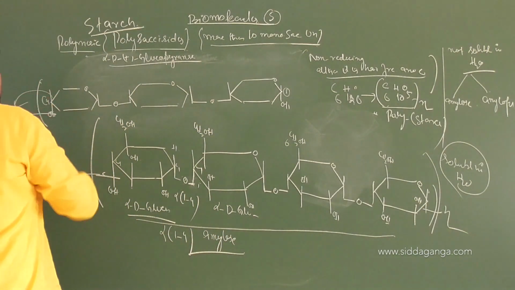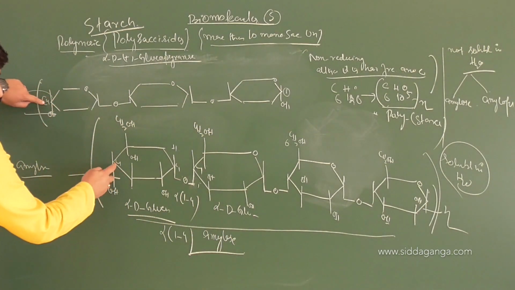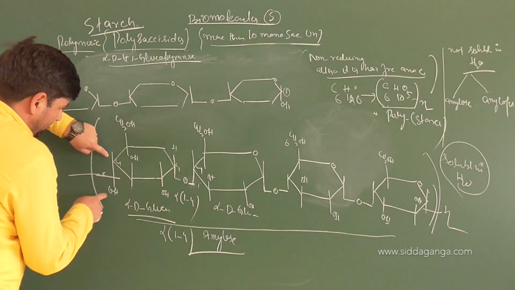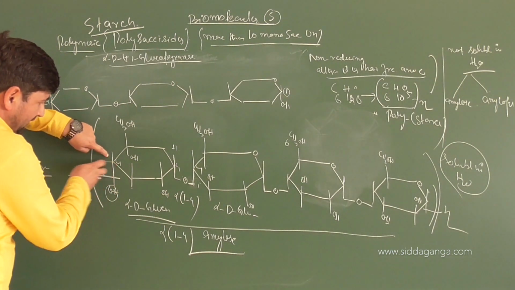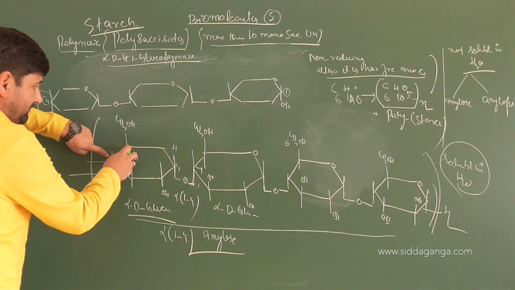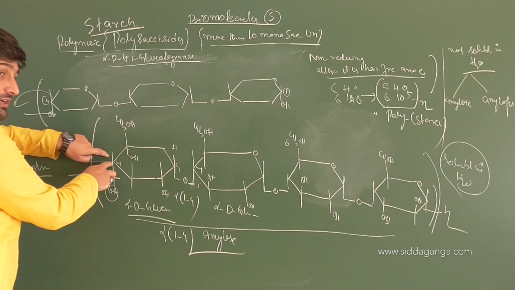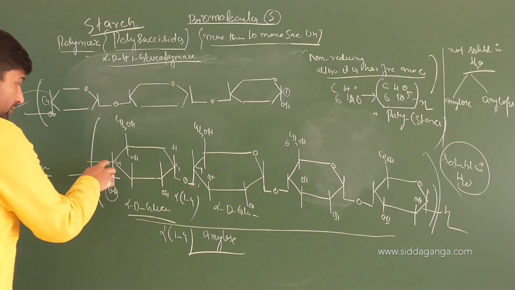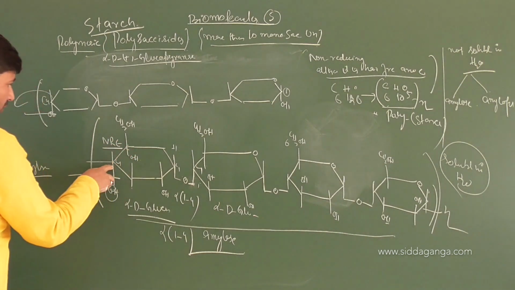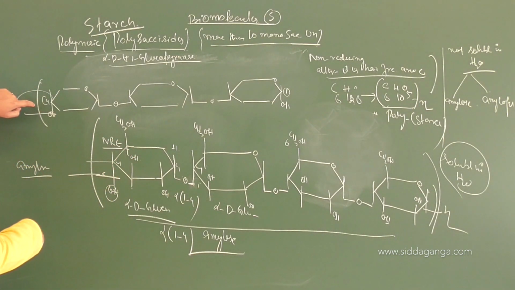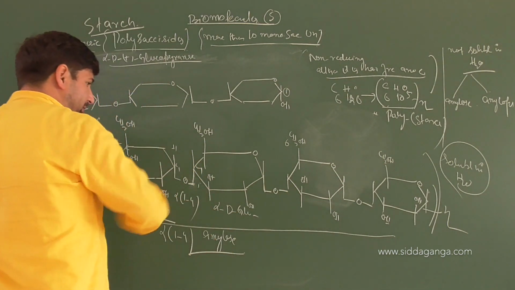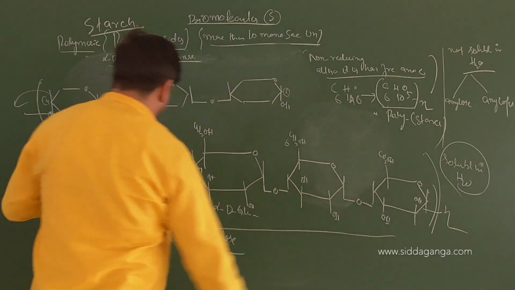This chain can continue. Is this 4th carbon a reducing end or a non-reducing end? You can see that this carbon is attached to OH, then to some side chain itself. There is no hydrogen available at all, and there is a link with CH2. So this is not our hemiacetal group, right? So this will be a non-reducing end. Again, you have the 4th end, a non-reducing end.